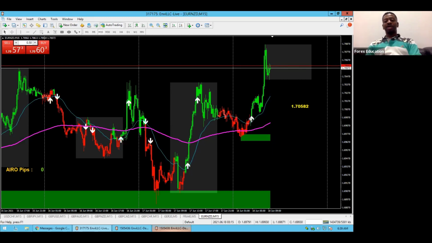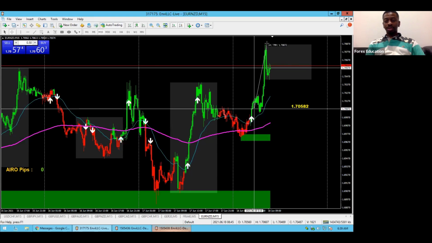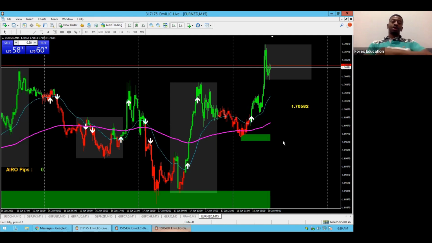So if we had caught this entry right here, and we put a buy right here, well, price went up as high as 80 pips. Depending on the lot size that we use, you multiply that by 80 pips, and that dictates how much money you make. If you use a 0.01 lot size, that's the lowest you can use, you would have made $8. If you use a 0.1 lot size, you would have made $80. And if you use a standard lot, which is a 1.00, you would have made $800. So pips equals money.